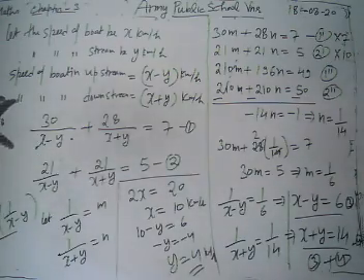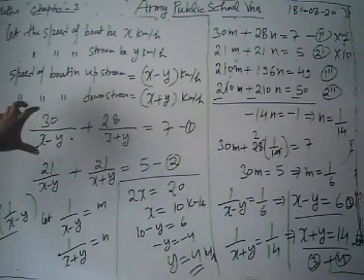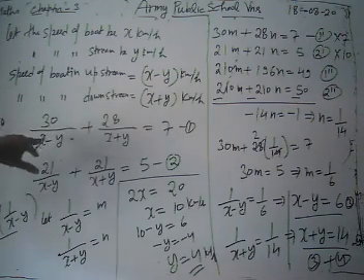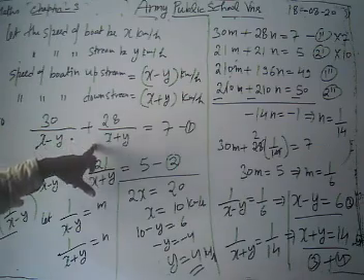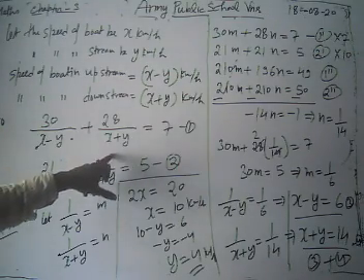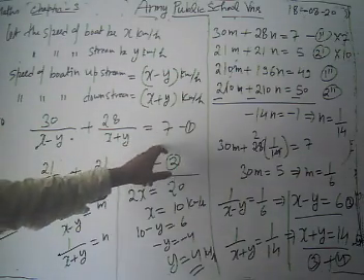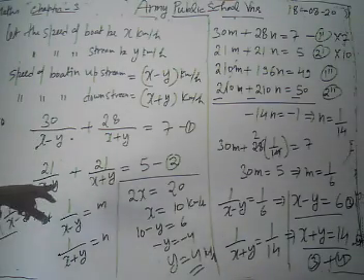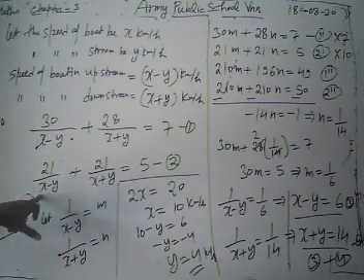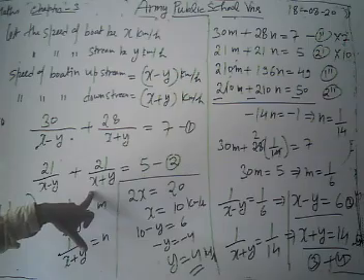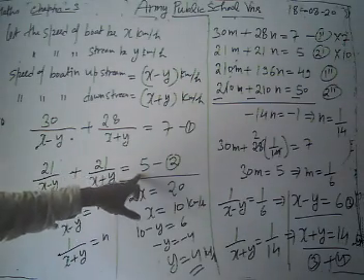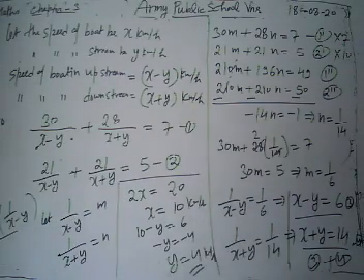Then first of all we are going to form a pair of linear equations. It's given that 30 kilometers upstream, so 30 upon x minus y, and 28 kilometers downstream, so 28 upon x plus y, total time taken is 7. This is our first equation. Again, when he covers 21 kilometers upstream and 21 kilometers downstream, it takes 5 hours. Now we are getting our pair of equations.